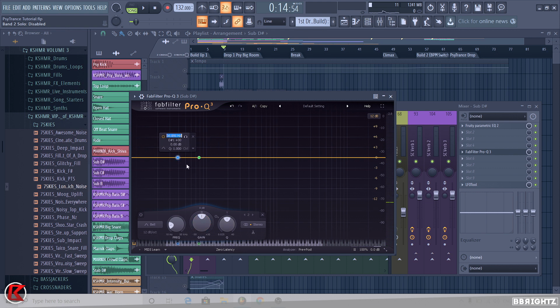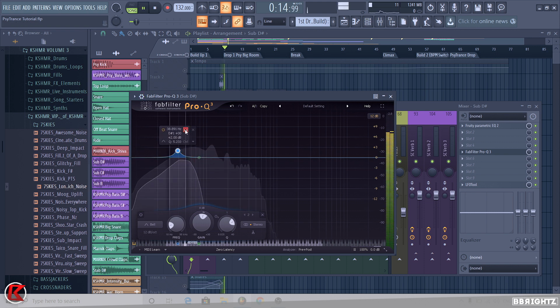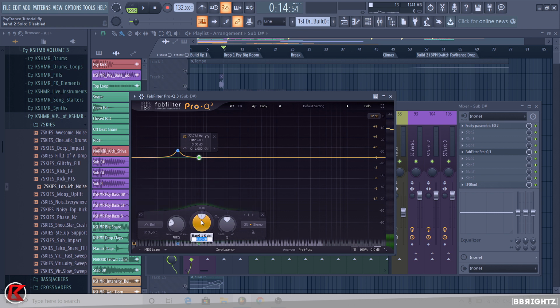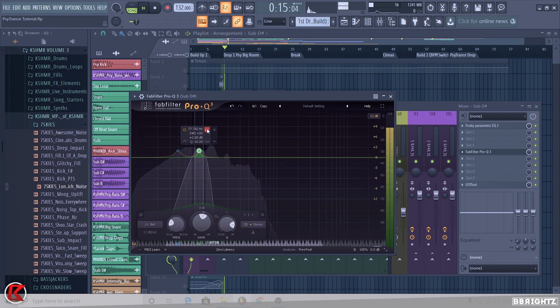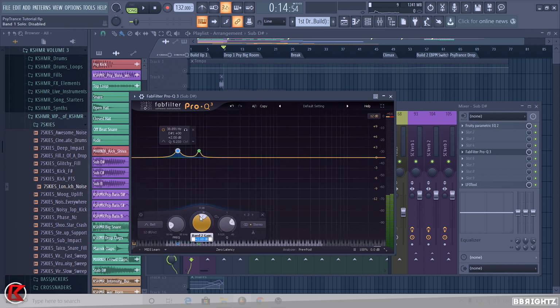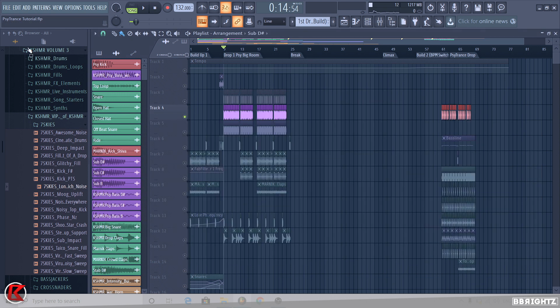So for D sharp 1 we'll boost it 2 dB, turn up the curve so it's sharper, more like a bell curve. It's not very audible, but it'll give it a bit more punch. And then this one will also be 2 dB, and we'll do the same thing, but this one will be a lot more audible just because it's in the higher frequency range. We'll probably do the D sharp 1 at 3 decibels,